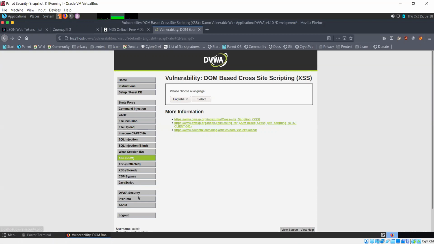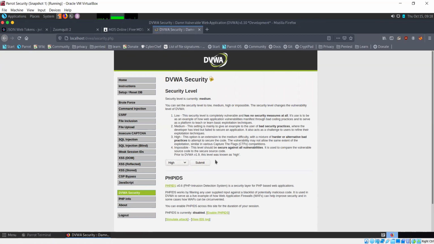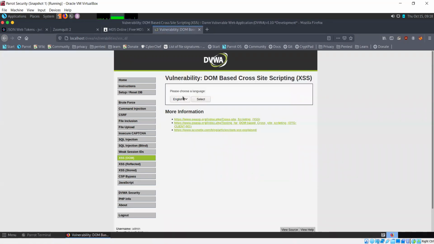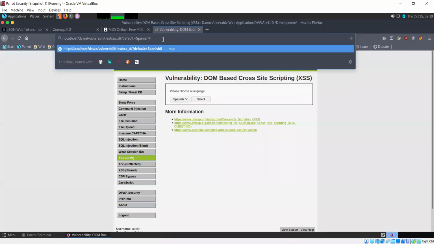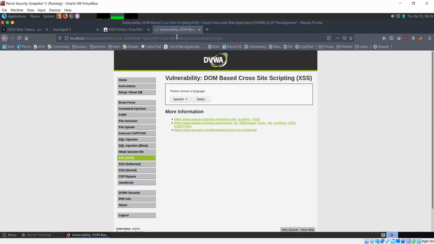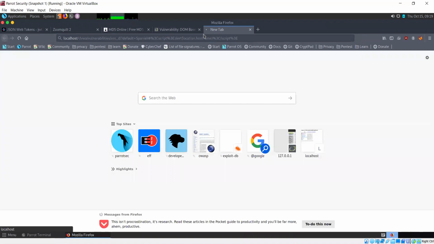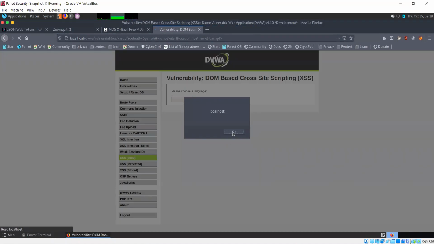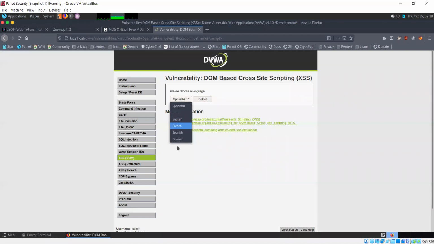So let's see the next level. Again, this is working, and we are able to perform DOM-based cross-site scripting.